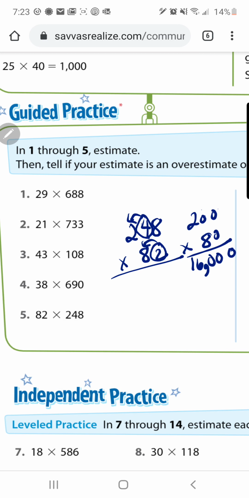Is this underestimated or overestimated? Well, 248 went down to 200 when we rounded it off, and 82 went down to 80. So this has to be an underestimate, which means that our product is going to be actually greater than 16,000. All right, let's move on. We're going to continue. Number 6 says,